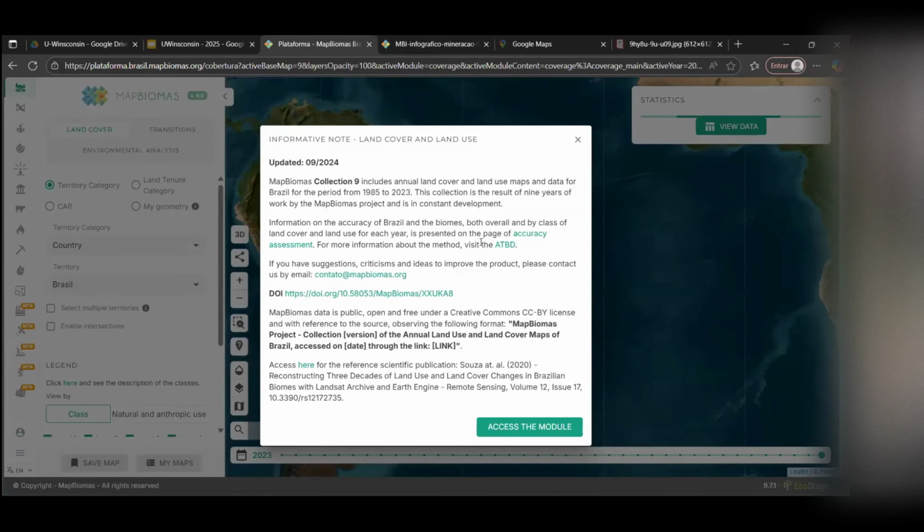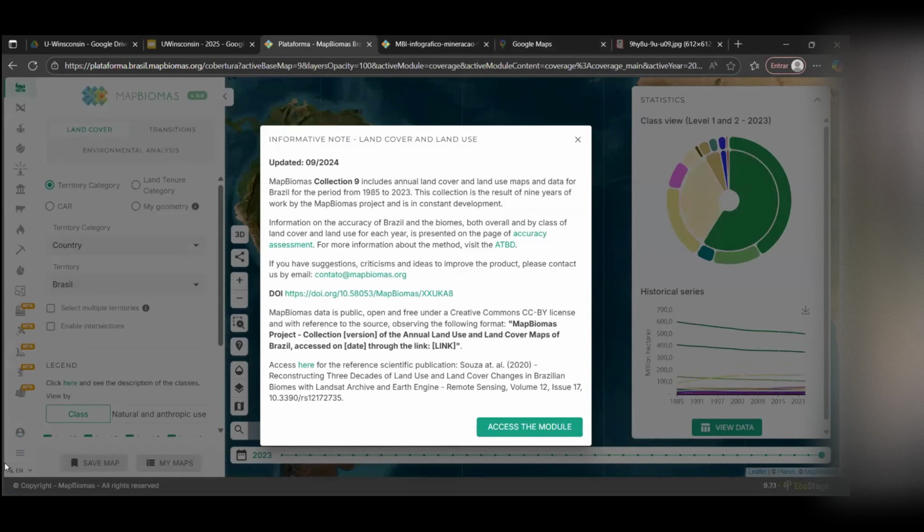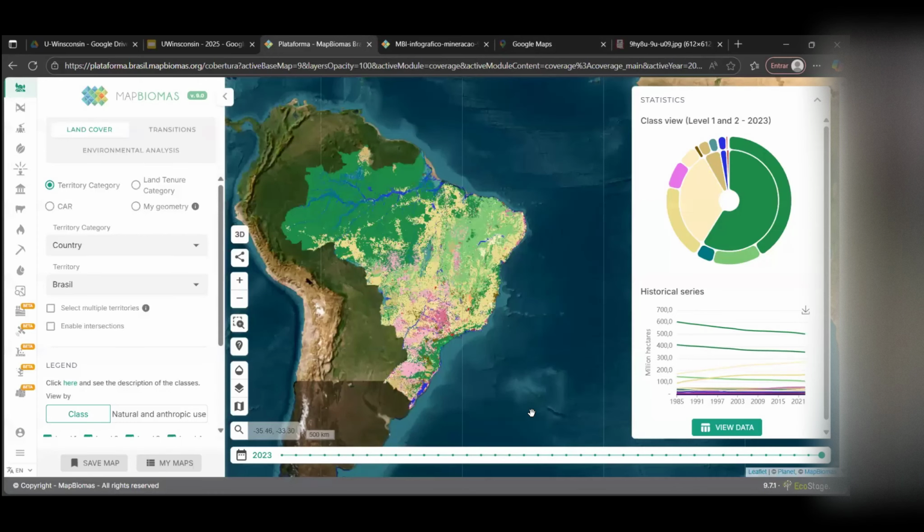And then if it's not in English already, there is an English option here at the bottom left. But in my case, it is English right now. I can access it. And this is basically what we produce. So this is the land use land cover for the entire Brazil. And you can actually see the distribution of each type of land use land cover for one specific year. So like I said, it's a time machine.